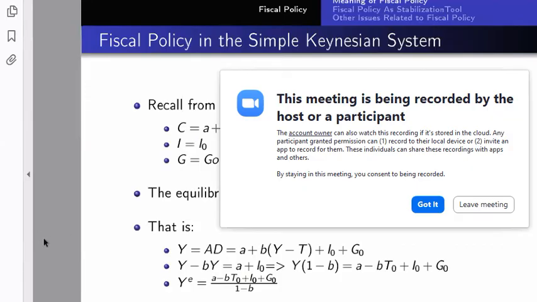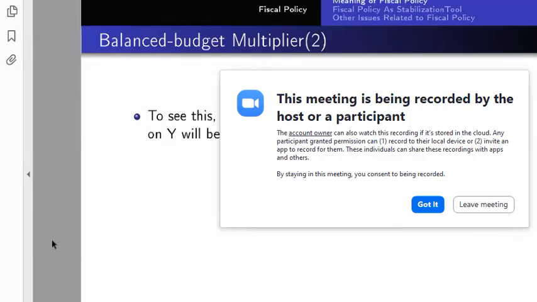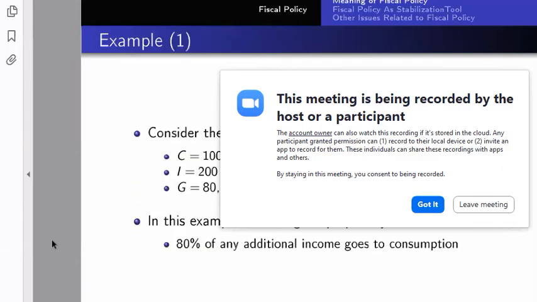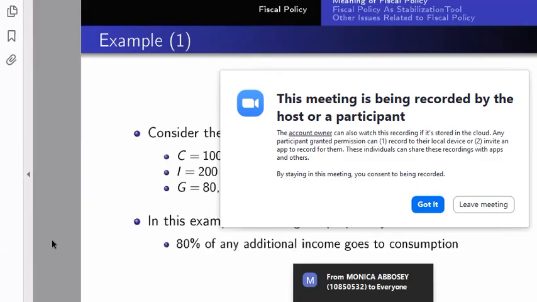Okay, let's go ahead now. Let's go back to where the questions are. That is what you will get in the exams. These simple things won't show in the exam; this is what will come in the exams. So now what we need to know is how to calculate the autonomous spending multiplier. From the closed economy, the autonomous spending multiplier is 1 over 1 minus b. And from the question, b was what?